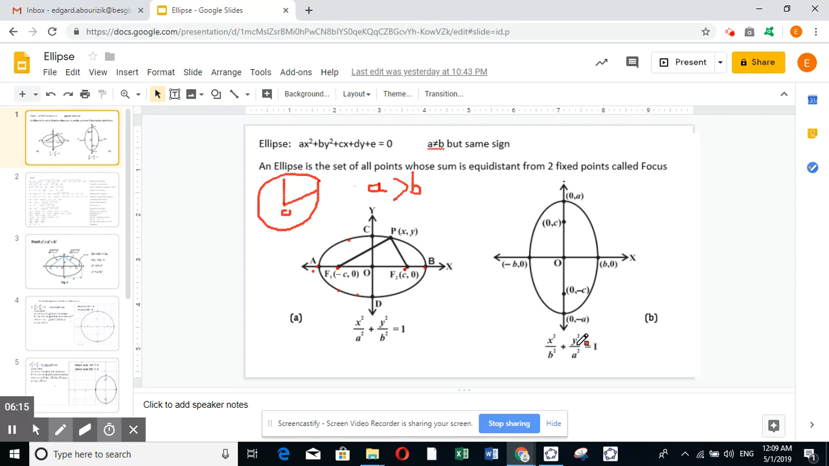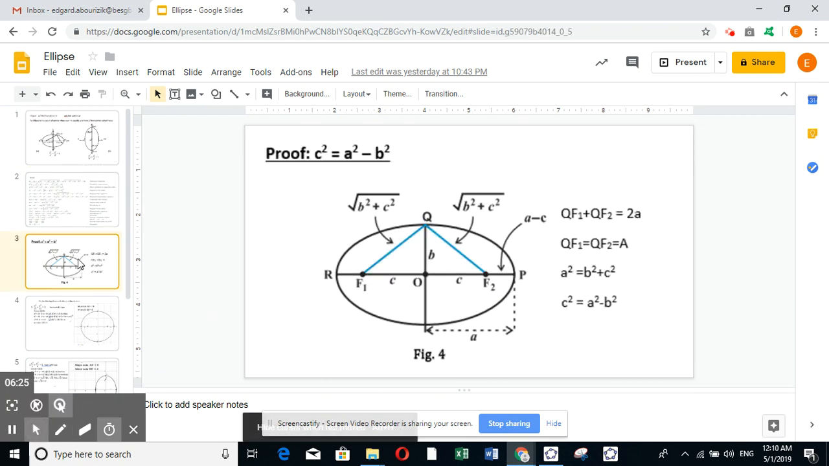And if under y square is bigger, so a square here, it will be the same story, but it will be vertical. So let us go directly to the application problem. It will be very simple for you, but before that, I want to find the relation between c, the component of the focus, and a,